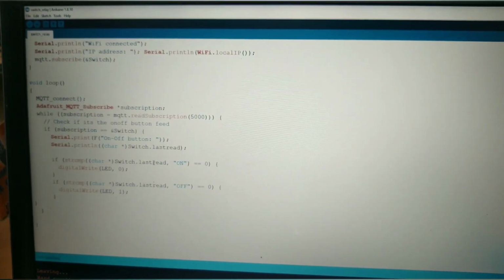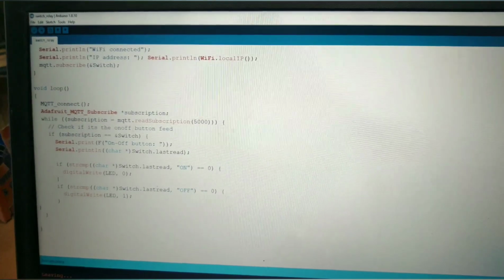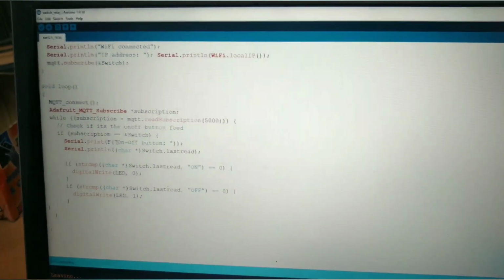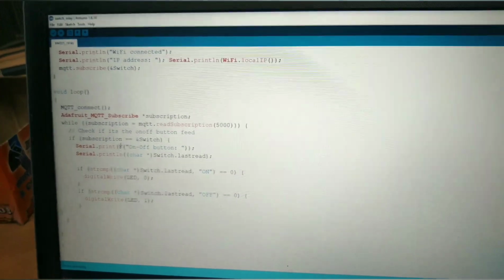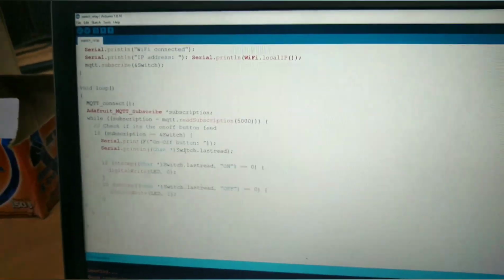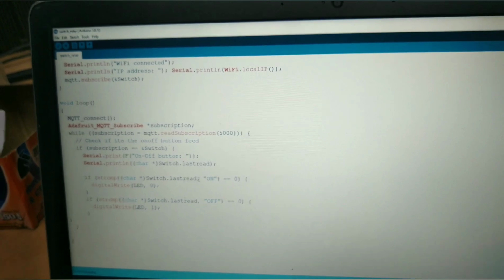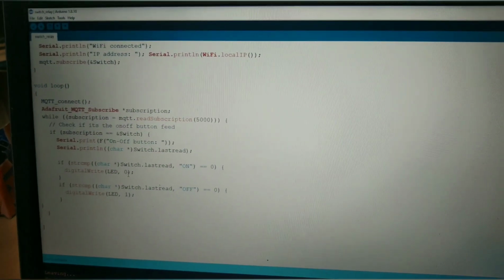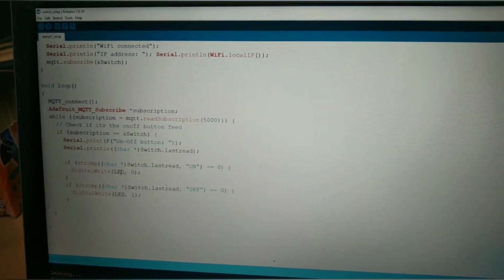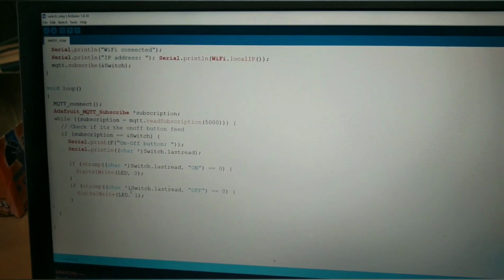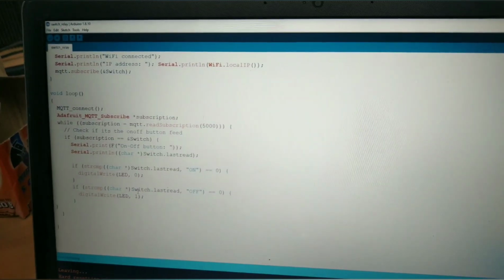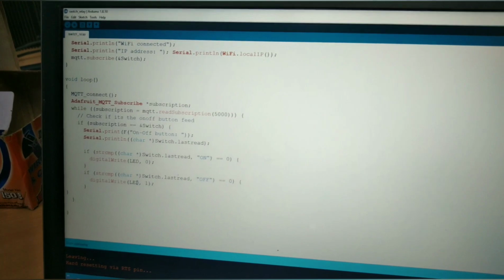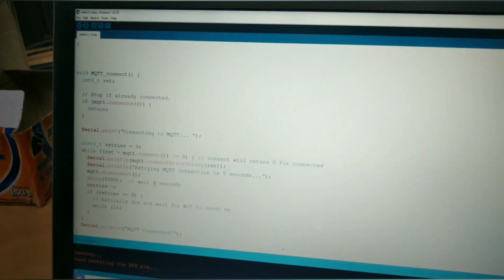Then it is followed by the loop of the MQTT connection. We are using Adafruit MQTT. So here the main code is here. If the switch is toggled and if the switch is on, then it will digital write logic 0 to the LED output, and if the switch is turned off, then it will digital write 1 to the LED, that is the GPIO output.